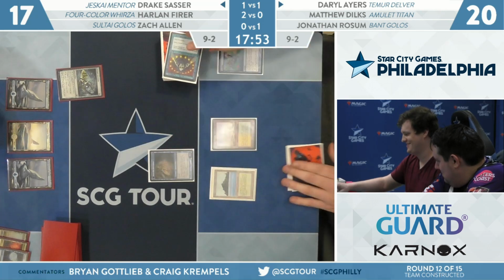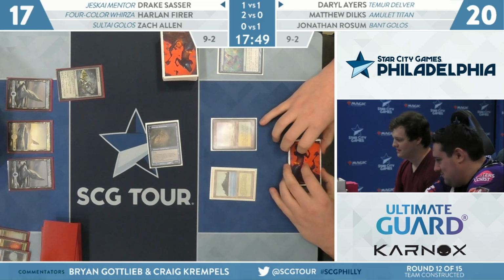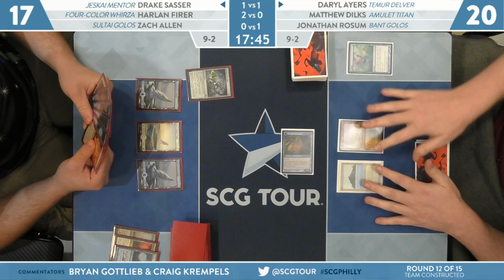Well, that's true. Things didn't make a lot of sense back then. Oh, I mean, you could pick up dual lands for pretty cheap. Of course. Well, as much as I would love to continue this episode of Craig and Brian Talk About Old